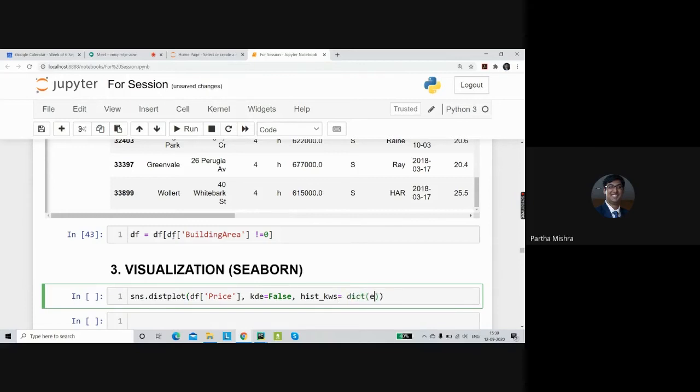In this dictionary, we'll mention edgecolor is equal to, for black, we have this color coded as k. So if you need the black color, we can simply mention edgecolor equal to k. It is going to give us the black color that we want. And after this, we can simply mention plt.show.